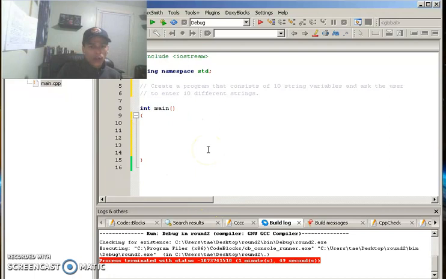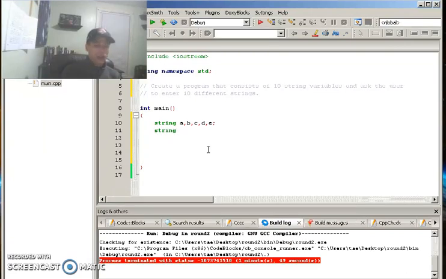So if you remember, to create a variable, we have to declare it. We're going to create this from a student point of view, not a teacher's point of view. We're going to create a program that has 10 string variables. So we need to create somewhere where a user can enter those 10 string variables, because they're going to be entering them. We're not going to be declaring them. So I'm going to say string A, and for this I'm not going to use an array, just because I want it to be sort of longhand. So A, B, C, D, E, unassigned, and then we're just going to make another line and say F, G, H, I, J.